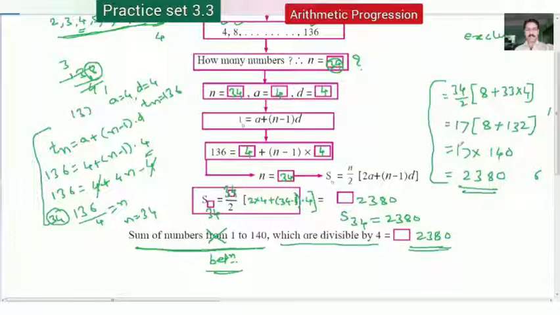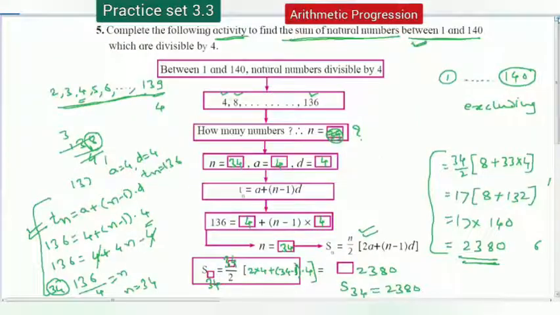Yes, we did it here also, and by using the Tn formula and Sn formula we get this answer. Understand friends? Actually, don't write the answer directly here. Here we have to write a question mark: how many numbers, means n is equal to question mark. That one we are going to find here, and that is the answer of n. So using this 34 we can find S34, and that is the answer. Understand friends? So like this, try to simplify some examples yourself also.